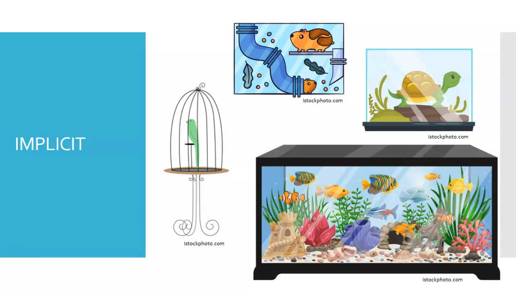An example of implicit animal-assisted interaction in an acute care hospital setting would be the presence of a fish tank containing several colorful fish in the space surrounding the nurse's station. These fish may assist with helping patients to direct their attention outward and focus externally. Another example of implicit intervention would be the presence of a bird in a cage located in the gathering area of a nursing home. Residents could be encouraged to watch the birds in order to assist with directing their attention